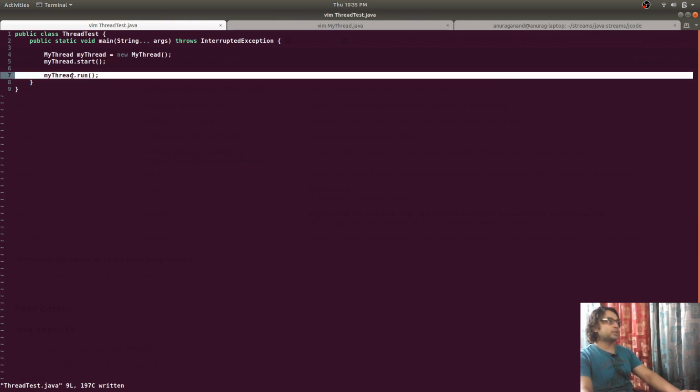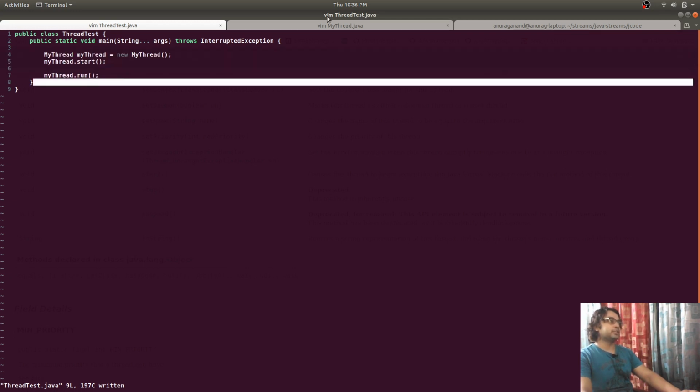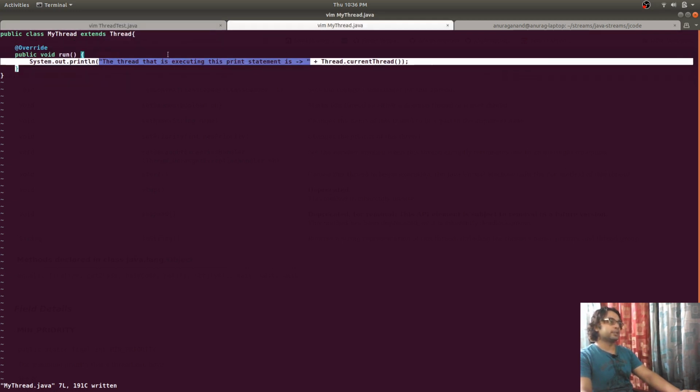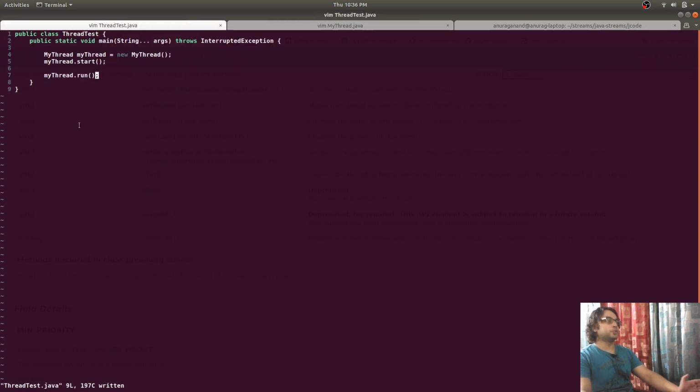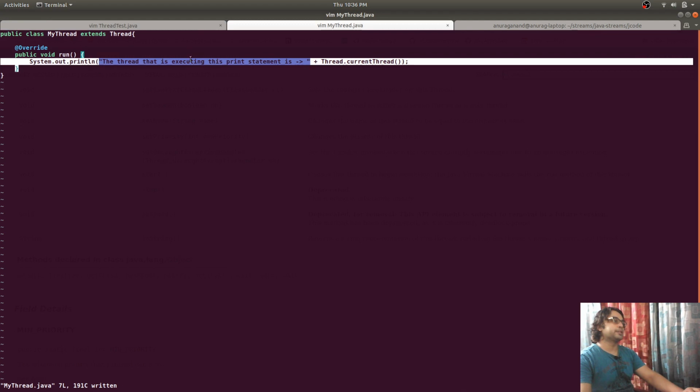When we call the run method directly by using the object, it is the main thread that does the execution of this statement. When we use the thread start function to start a thread, this is a different thread of execution that is executing this print statement.